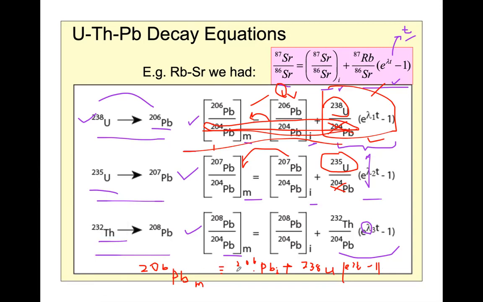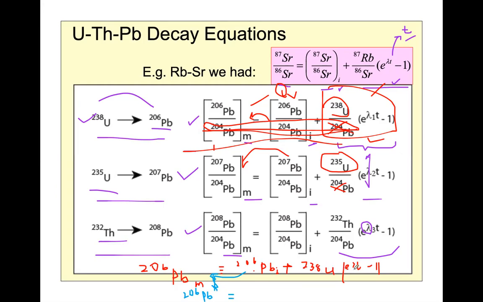Just a minute, you can take this term to the other side, that means here, then what you get is 206 measured minus 206 initial. So what does it mean? What is it? 206 radiogenic amount, 206 star. Okay, 206 star, measured minus initial means 206 star, right? So 206 star equals the remaining term,